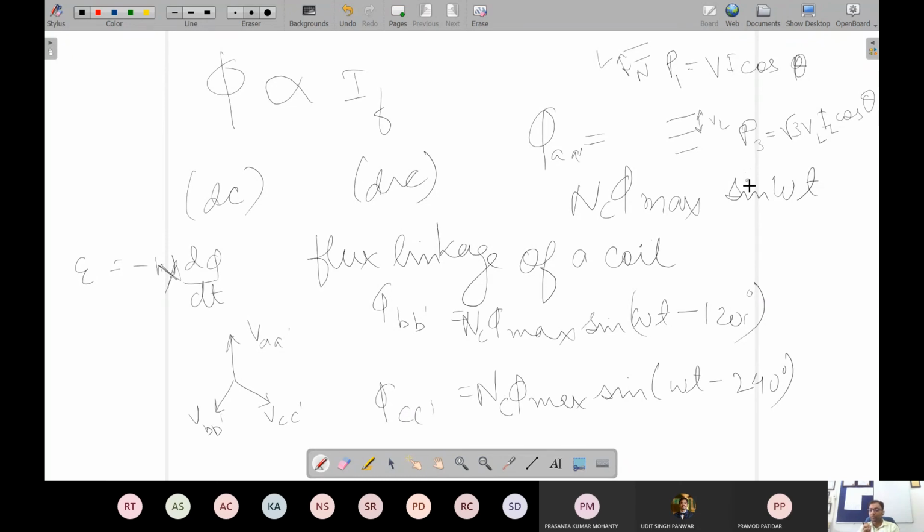And then again same way it will repeat. So my idea was, okay, you can call it that way. The thing here is that what I wanted to explain to you is that you have to understand why this sinusoidal variation is coming. Now cos or sine is just a relative thing. It basically depends upon where you choose your axis for the zero crossing. So it will have a 90-degree phase shift. So if I go with sine omega t, then also no problem. Then I can write that this EA dash which I am generating is nothing but N C phi max omega sine of omega t minus pi by 2.